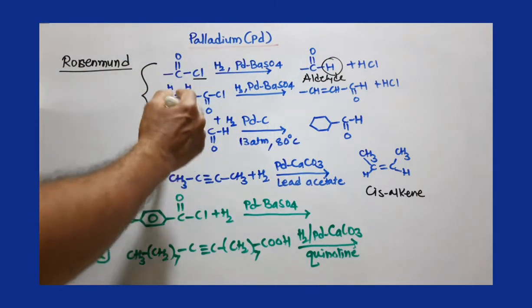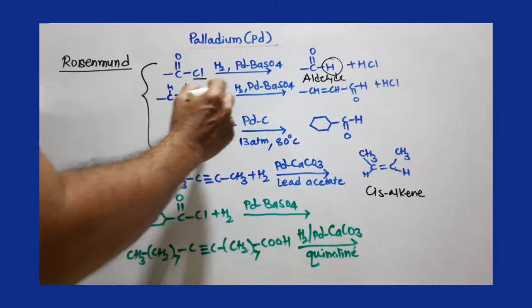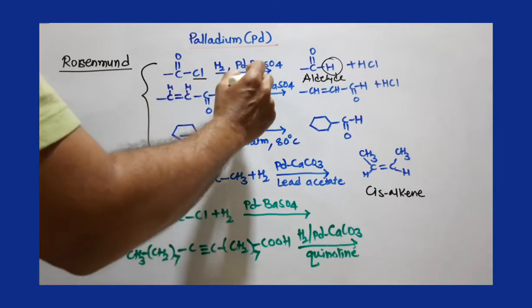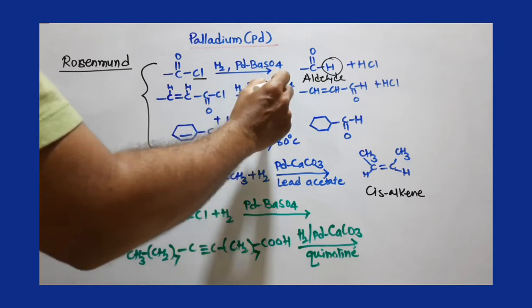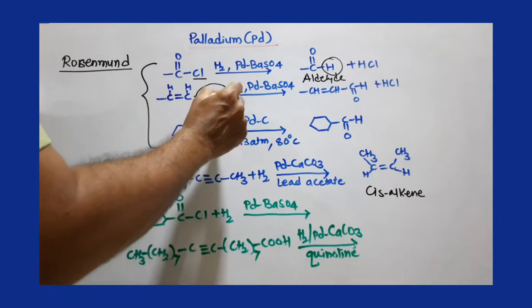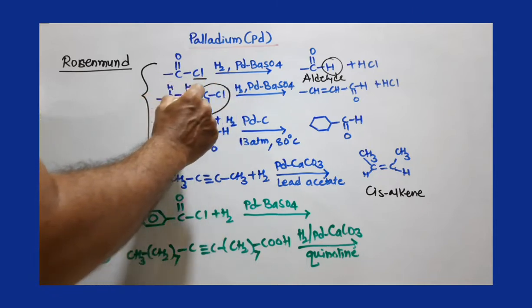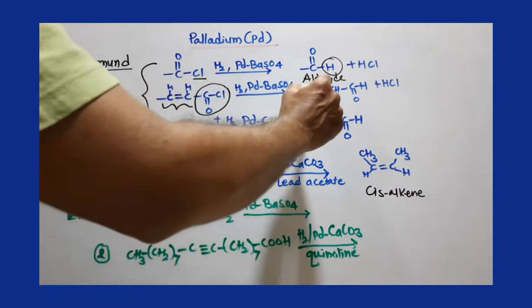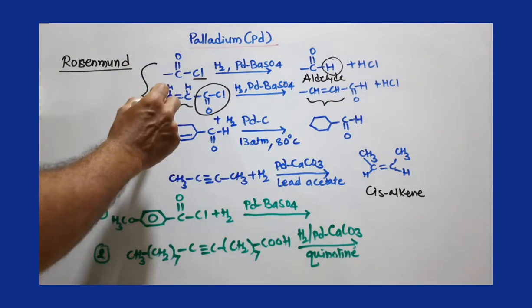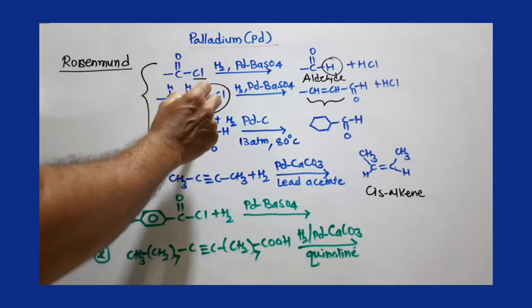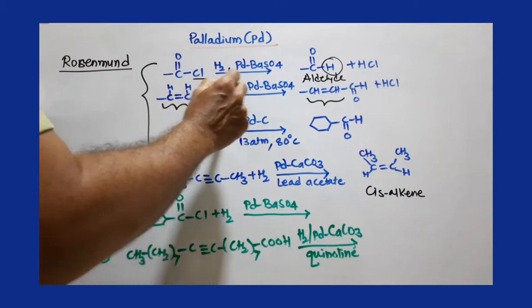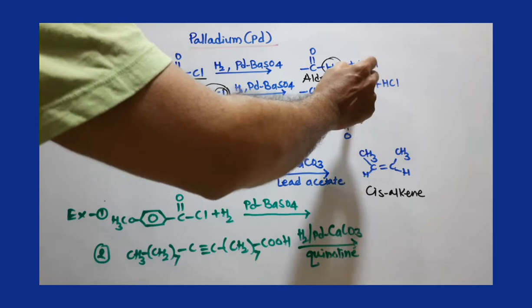Now here is another example I have taken. Usually H2 is added on an olefinic double bond, but in presence of palladium, BaSO4 or Rosenmund synthesis, this acid chloride portion is there, and even the olefinic double bond remains intact. So there is no reaction on the olefinic double bond. Only acid chloride is selected for the reduction, where Cl is replaced with hydrogen and we get aldehyde.